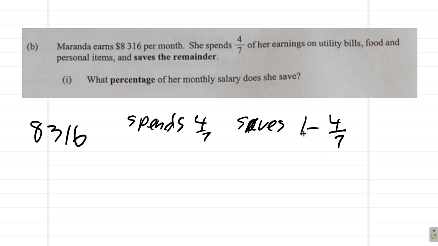Alright? Now, 1 minus 4/7. You could use your fraction calculator and work it out. But let's work it out here as a fraction. 1 is the same as 7/7, minus 4/7, giving you 3/7. Alright? So she saves 3 sevenths. Now, again, you could use your fraction calculator and work it out. Now, if it had said without use of a calculator, then you couldn't do that. But it didn't say that. So 3 over 7, I get